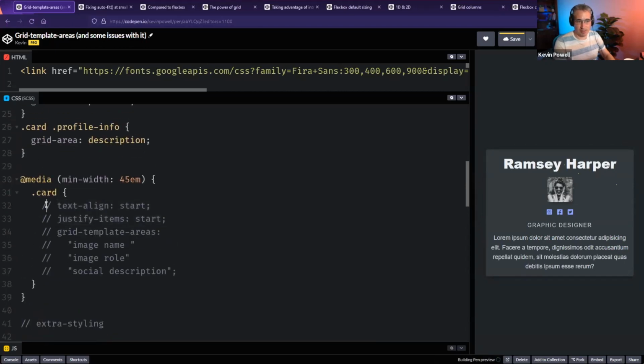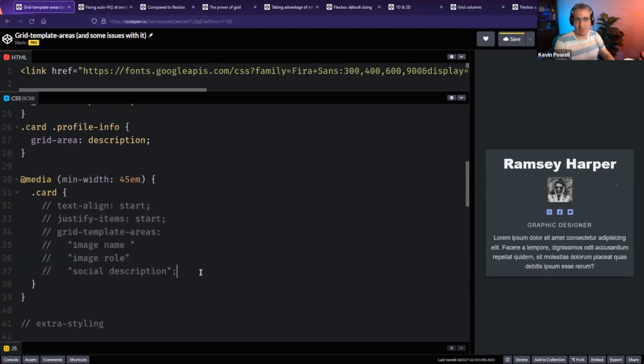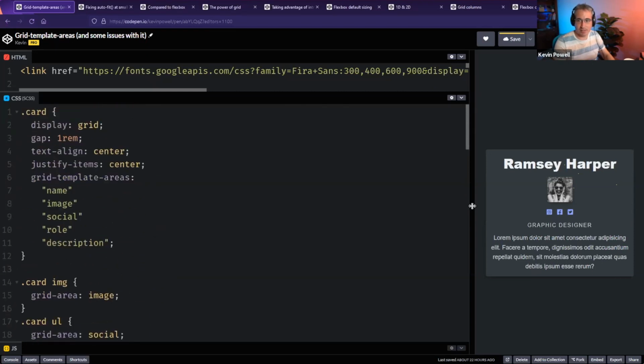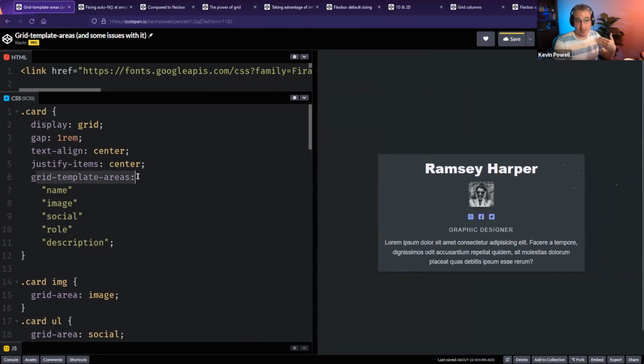If you're wondering about the single line comments, I'm in SCSS or Sass, but I'm not using any nesting here that I know of. I just use it in CodePens because it's easier to comment out one line at a time instead of the bulk, like the regular CSS comments. So yeah, if you had something set up like this, what I've done is I've set up some grid template